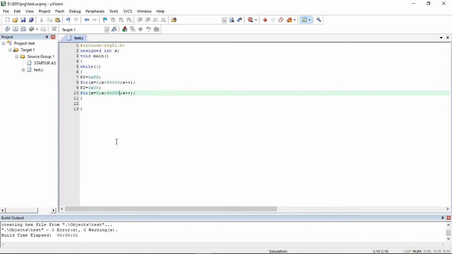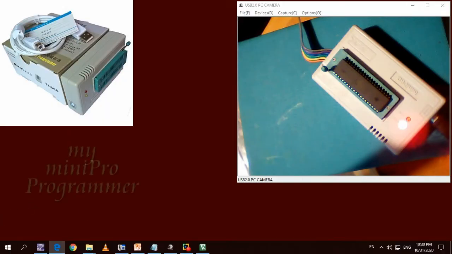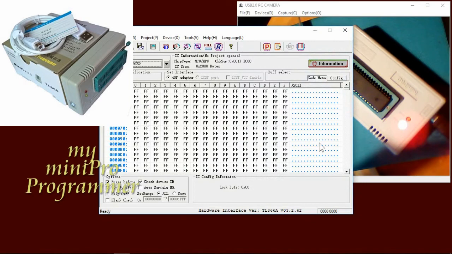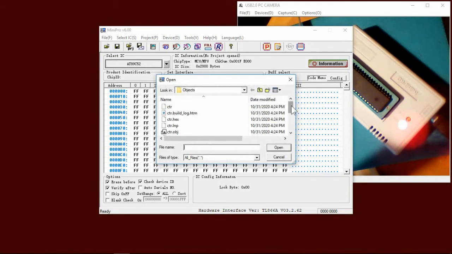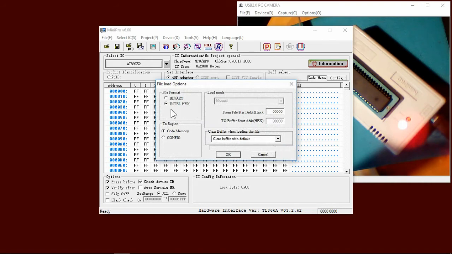So okay, so I got this. Let's go to my miniPro. It's the one I bought from Amazon long time ago. Okay, so I will go to, I know my address for the hex file here. Okay. From targets, when you check options, you'll know where the hex file is being created by Keil. So I will take the hex file,